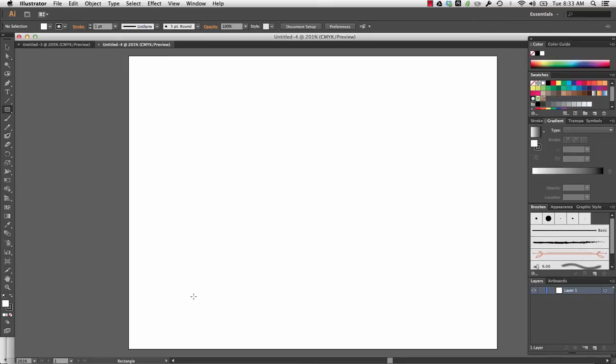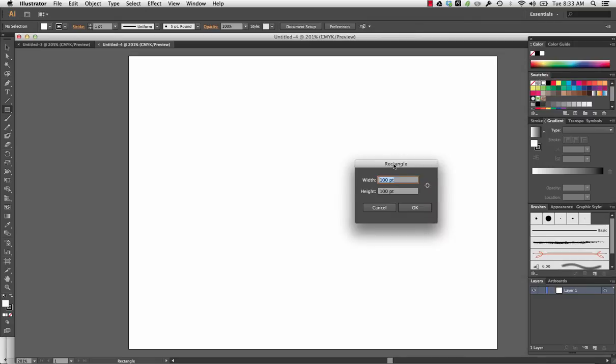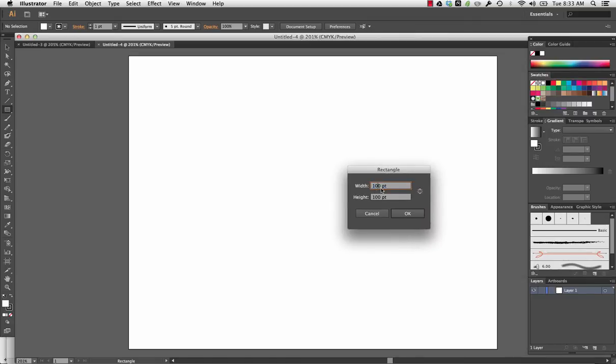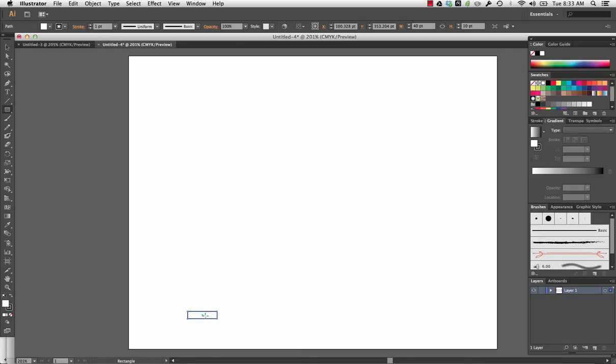So if I click anywhere on my canvas, once I have my rectangle tool selected, it comes up with this pop-up menu, and I can say my width is going to be, for the first rectangle, 40 points, and my height is going to be 10 points, or 10 pixels. You don't want your height to be too much, because if you use that height to create a timeline, your brush is going to be that much thicker. So I click OK, and it gives me this